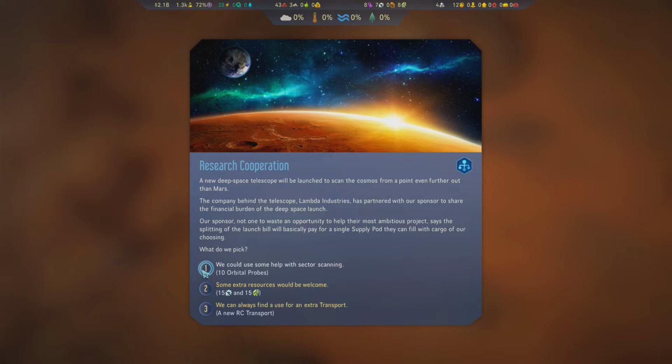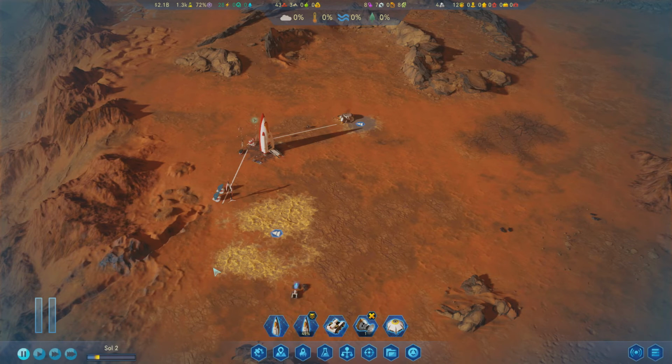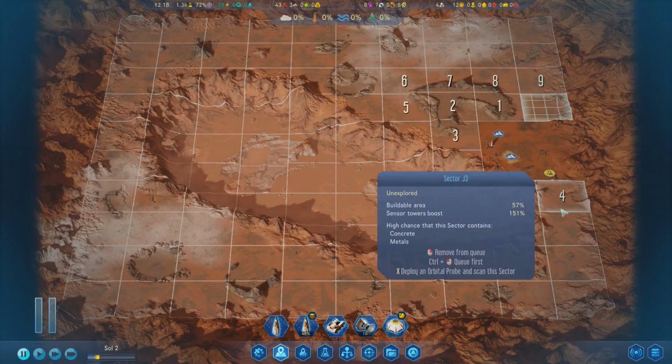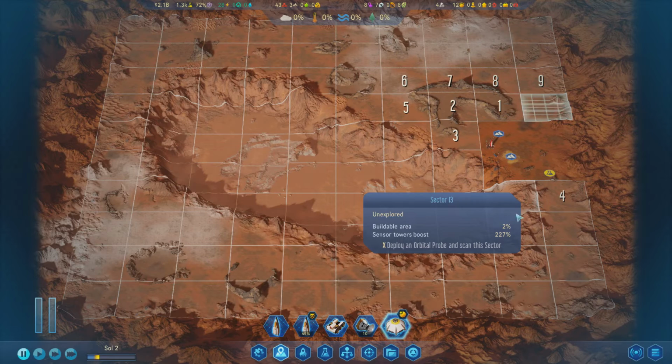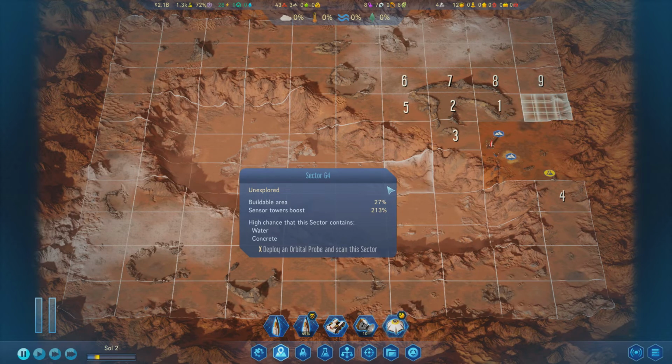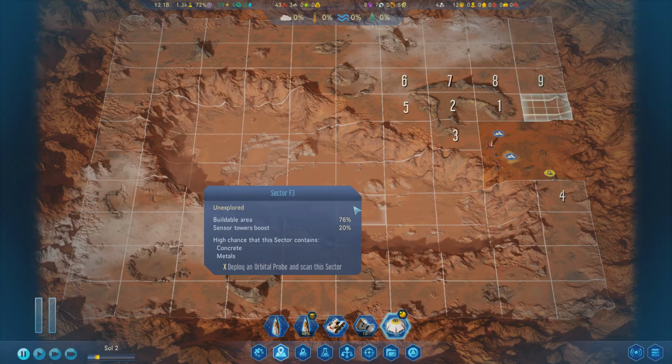I kind of feel like that's the way to go, because one of the biggest decisions you have to make in the early game of surviving Mars is that we don't know where water is right now. You can choose to be a hydro engineer as your commander profile, and that will tell you where the very first